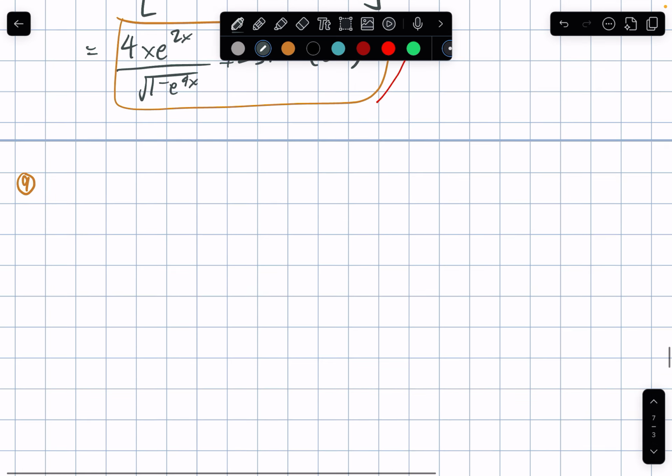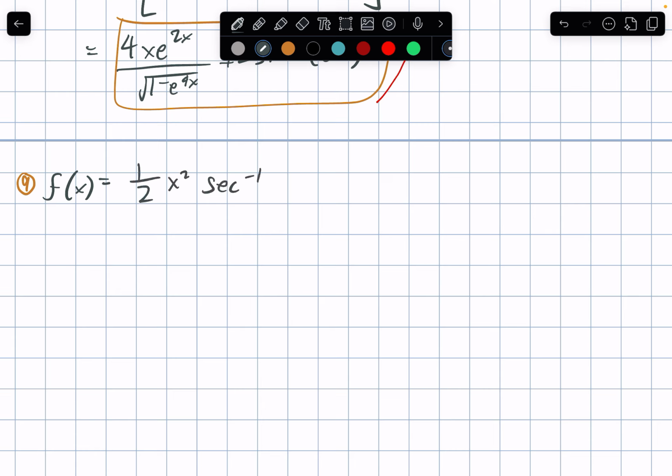So moving on, number 9, f of x is equal to 1/2 x squared arcsecant of x squared. Okay, let's assess first. Can we just turn this as like that? So we're seeing 2 terms only, hopefully just 2. So we're seeing a product rule,